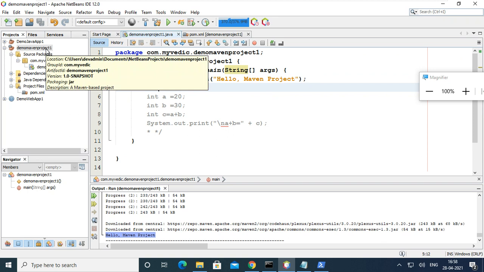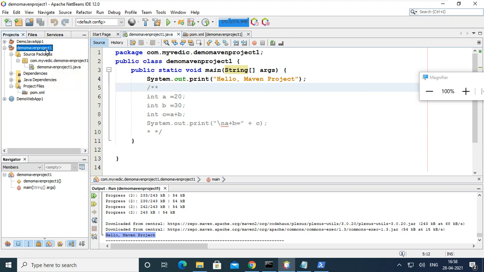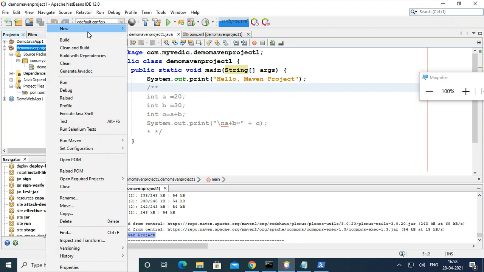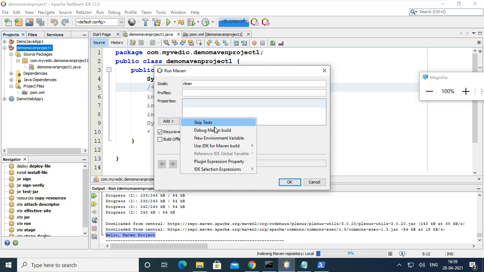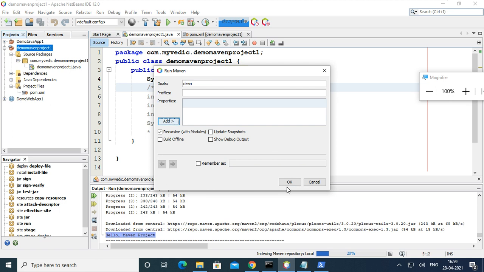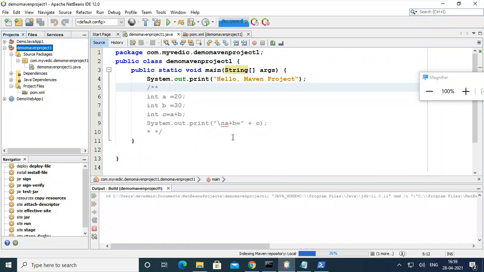Before I upload, I'm going to clean this one because the target is there already inside. If I upload, the target will be there. So I can use run Maven goals, clean. Otherwise, I can clean it from here also. The goal is clean only. Just clean.